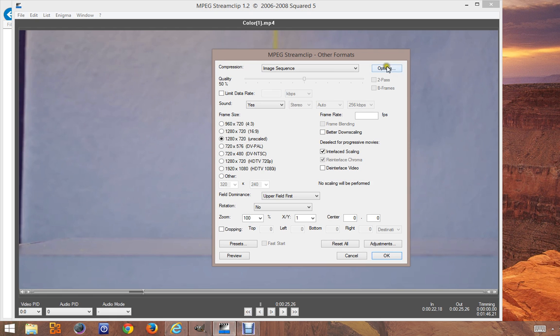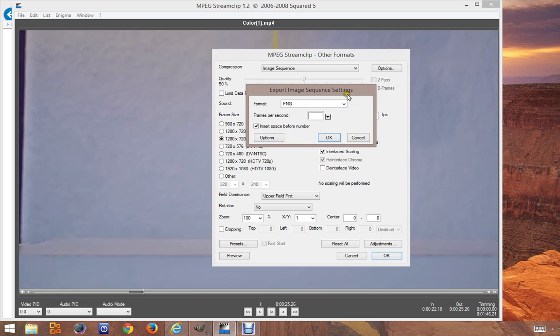You may use these options and say JPEG, because it is a smaller file. You need a small file for a GIF, and we just want to have 8 images per second.